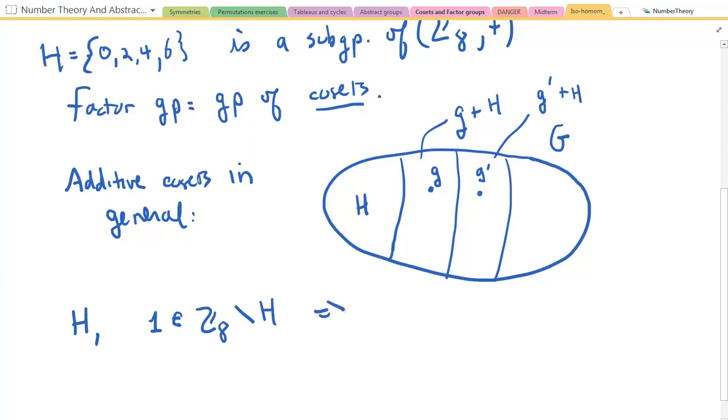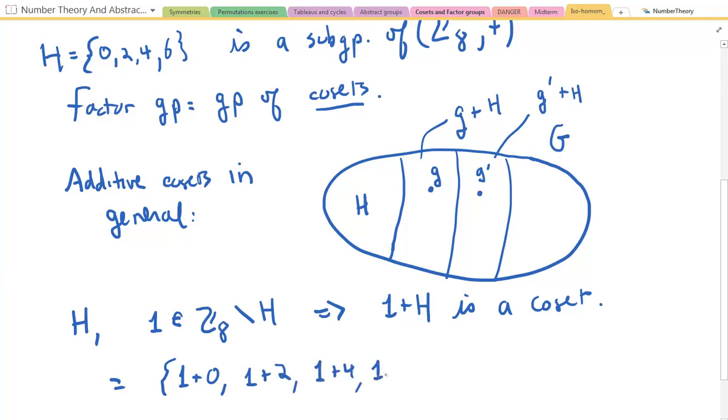All right, so that means that 1 plus H is a coset. Now, what's 1 plus H? Remember what this means. This means take 1 plus every element of H. So this is going to be equal to 1 plus 0, 1 plus 2, 1 plus 4, 1 plus 6. That's equal to 1, 3, 5, 7. Okay. But it's easier just to write it as 1 plus H. All right, so I actually have two cosets. Notice that H and 1 plus H give me all the elements of Z8, so I only have two